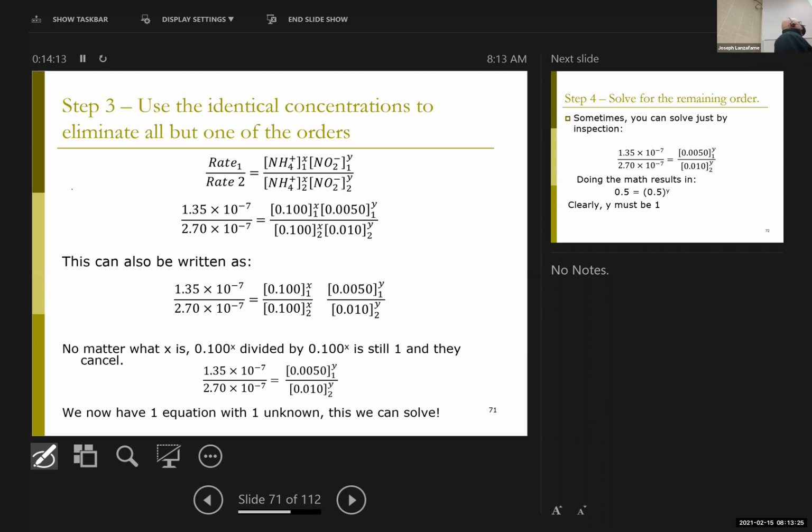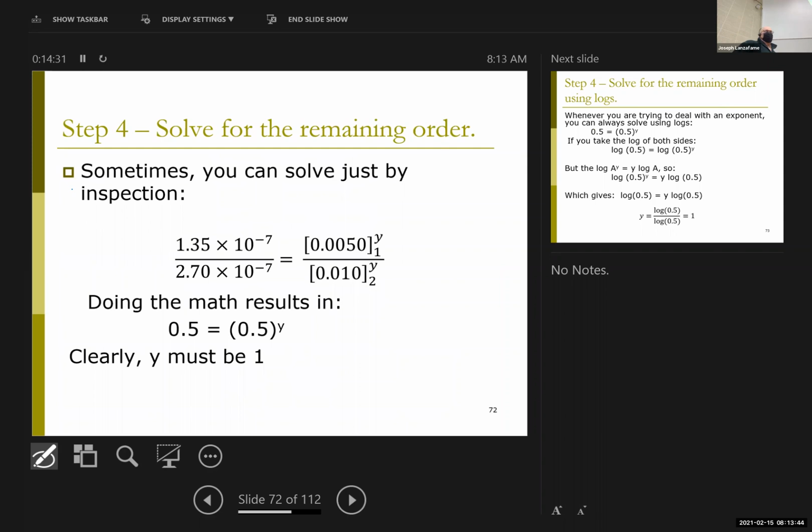Okay, so I'm down to one equation with one unknown. Sadly, the unknown is the exponent. So that is not perhaps the most common algebraic problem you solve, but it is solvable. I can simplify a little bit,